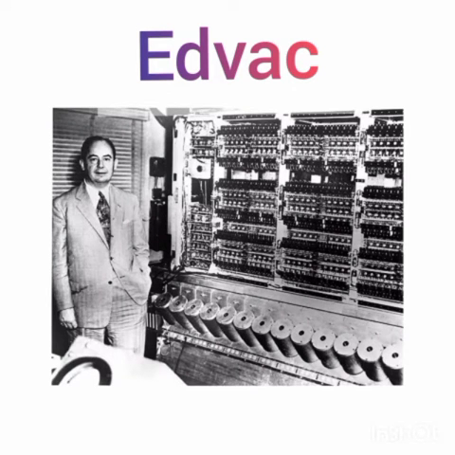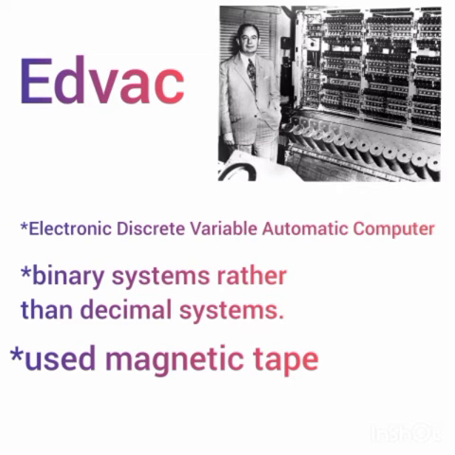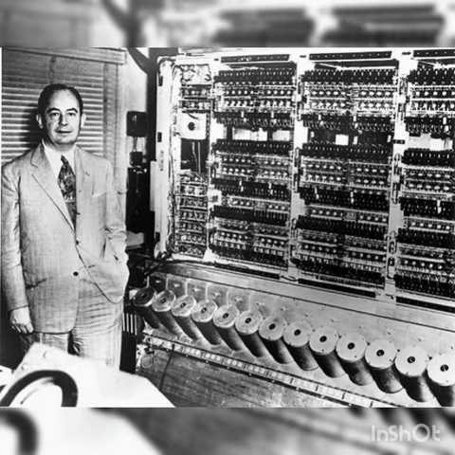EDVAC was one of the earliest large mainframe computers to be built in the 1940s. It was the first mainframe computer that represented a binary system rather than a decimal system. As a binary serial computer, EDVAC processed mathematical operations with a serial memory capacity of roughly 5.5 KB. EDVAC used magnetic tape as data storage and could run over 20 hours a day.